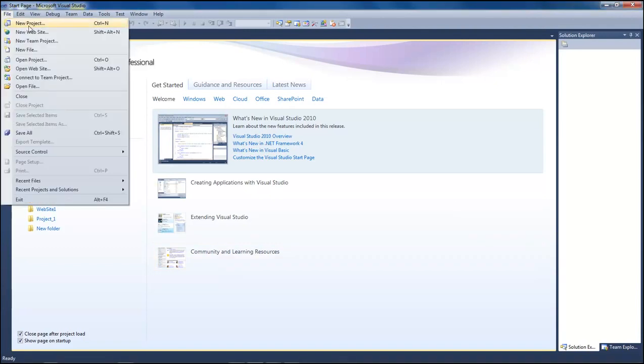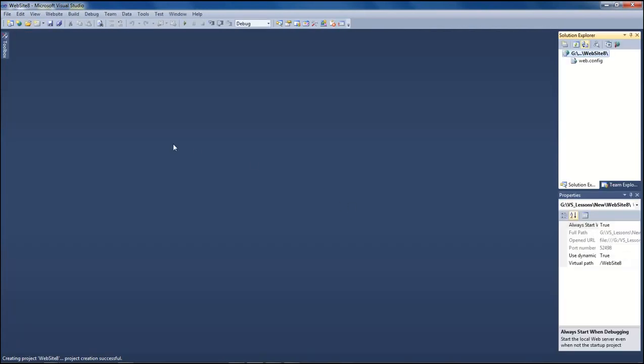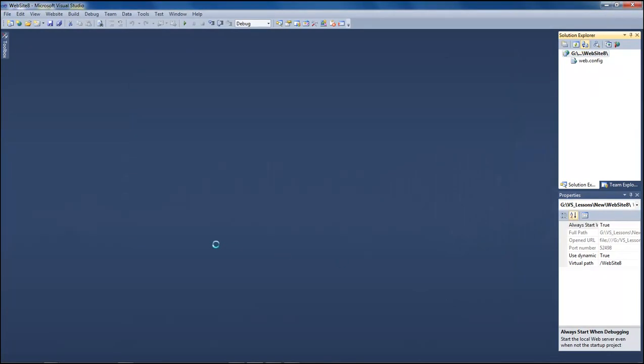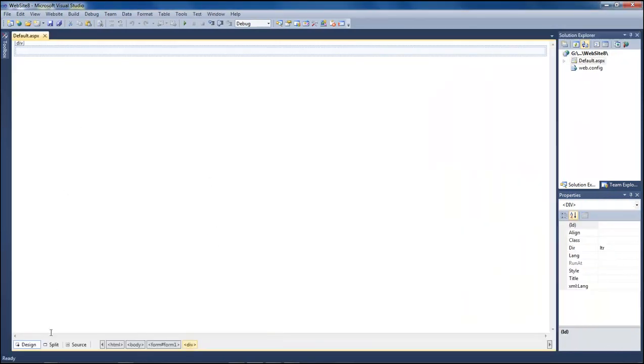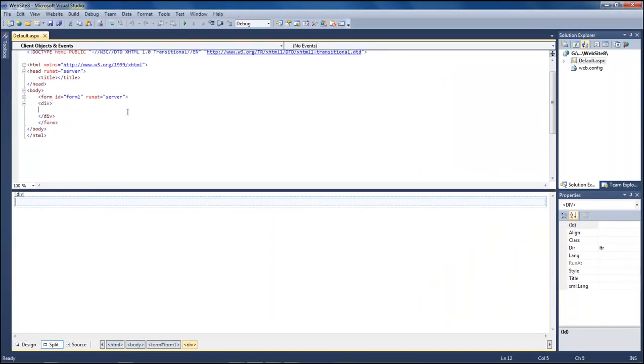Let's go File, New Website. We're going to choose an empty website and leave that as its default. Once the page opens, we're going to choose new file, and we're going to have it as a web form. Click add. Once it loads, come down here and click on split, and let's go ahead and add in our button,